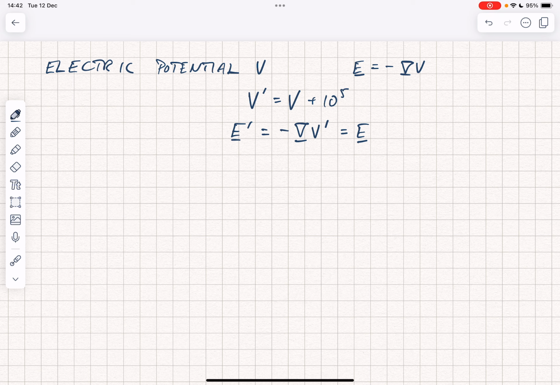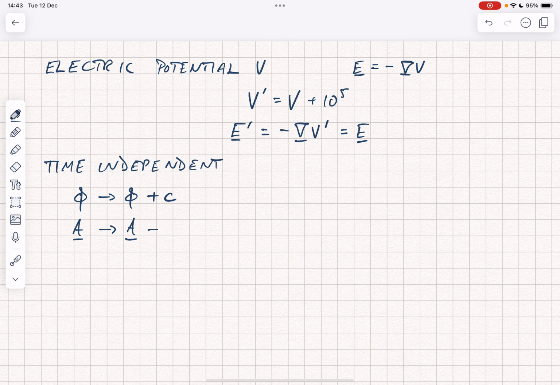Now, if we consider a time-independent situation, just for now, so that we dip our toes into the water here, then we can write phi goes to phi plus c, and we can write the vector potential A goes to A plus the gradient of any function f, and it really is any function at all, and in this case